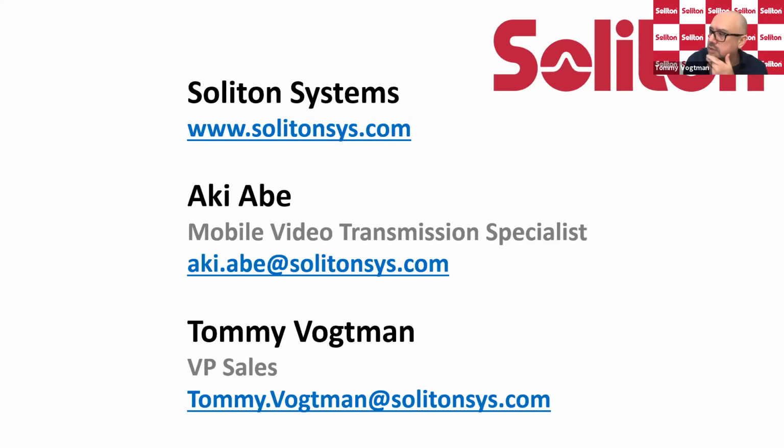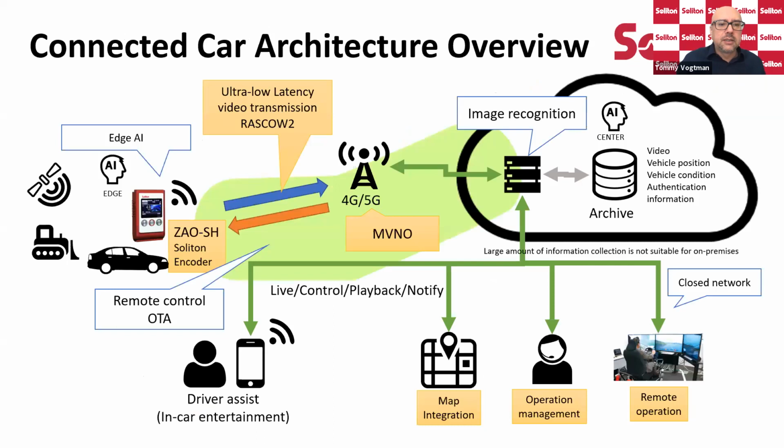All right, two more questions. The first one is, where does this ultra low latency fit in the autonomous vehicle architecture? Actually, we have a slide on this. If we can pull that up. Yeah, this one. So where we fit in really is obviously in transmitting very, very low latency video over the network.